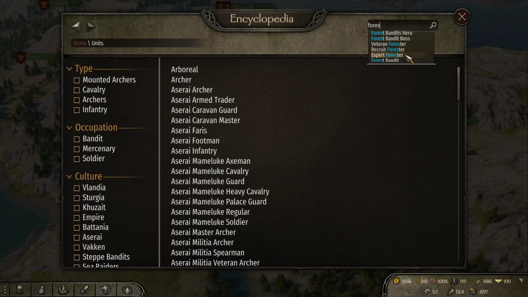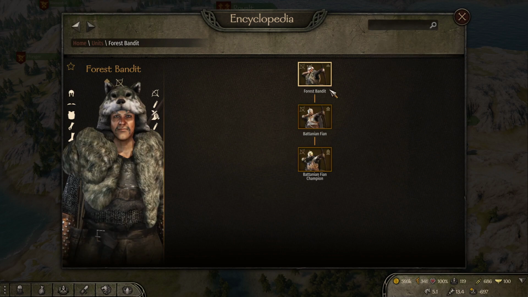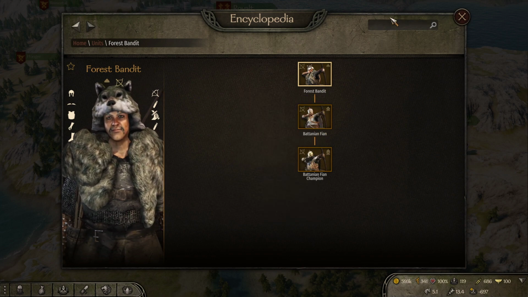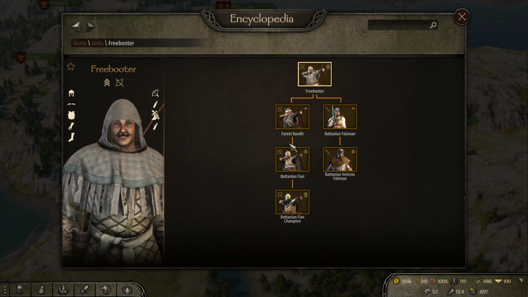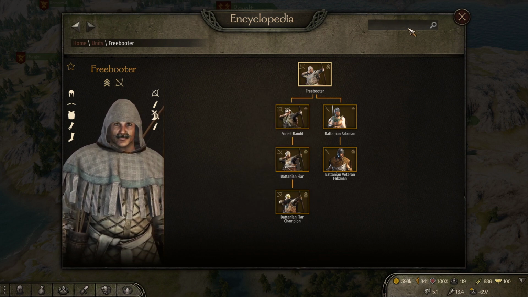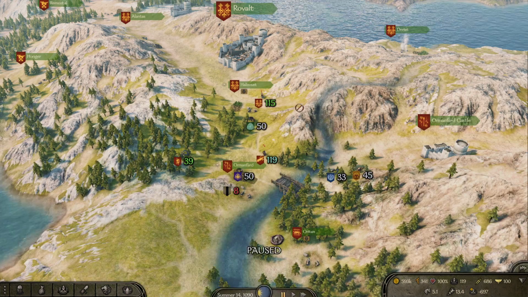Forest Bandit. There it is. So these guys can go into Botanian Fions and then Botanian Fion Champions. But what about the Freebooter, I think is what it is? They can turn you into either Forest Bandits, which then go up to Botanian Fion Champions, or they can go into Botanian